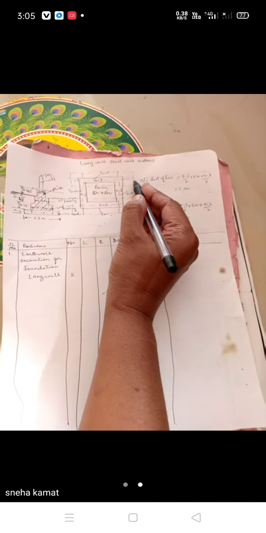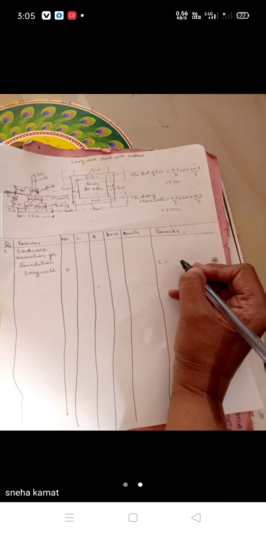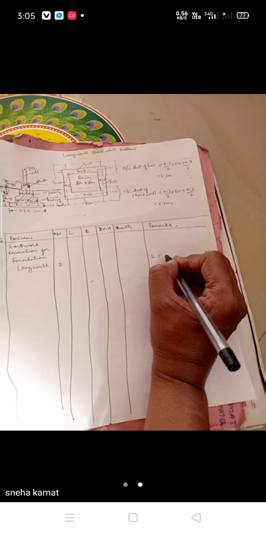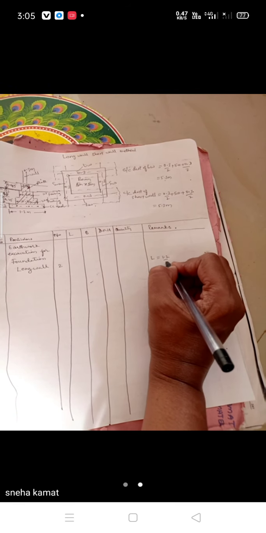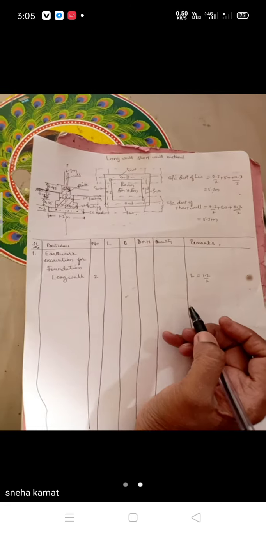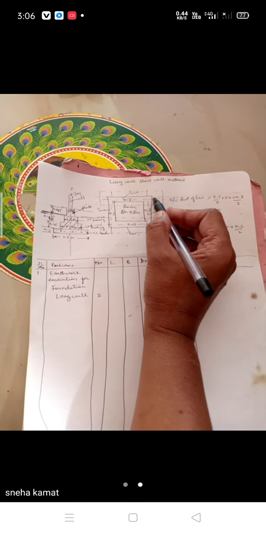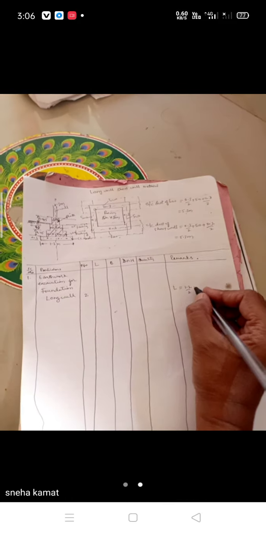So it is extra outside the center line. So in the remarks column, you have to calculate the length. So length is 1.2 by 2. You can see here, width of the bed is 1.2 meters. If you put a center line here, half is 1.2 by 2, so half is here and half is here.